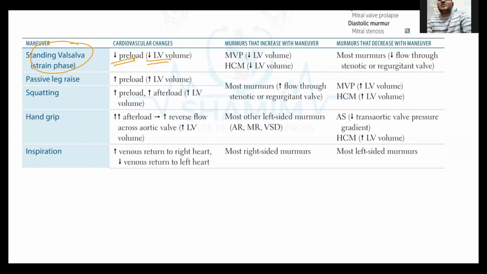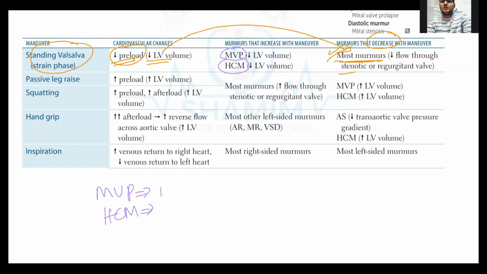जब हमारे पास प्रीलोड कम है तो रिमेंबर ऑलवेज, दिस इज जनरलाइज्ड टर्म, जब भी हमारा फ्लो कम होगा, मोस्ट ऑफ द मर्मर डिक्रीजेस, द मर्मर दैट डिक्रीज विद दिस स्टैंडिंग वेंट्रल मैन्यूवर, ये डिक्रीज पोर्शन है, ऑलमोस्ट ऑफ द मर्मर। क्यों, क्योंकि उसका फ्लो कम है, दिस इज जनरलाइज्ड टर्म। लेकिन एक्सेप्शनल है एक चीज की, कि इंक्रीज करेंगे ऐसे मर्मर के, दो चीजों को आपने एक्सेप्शनल समझना है। दैट एक्सेप्शनल केस ऑफ दीज टू इज माइट्रल वेल्व प्रोलैप्स, हाइपरट्रॉफिक कार्डियोमायोपैथी।